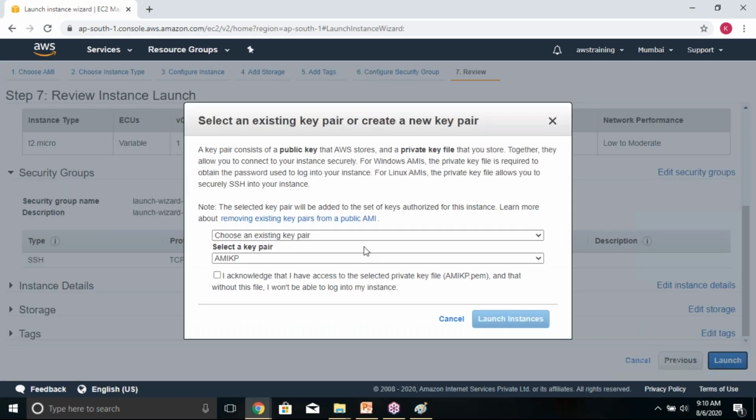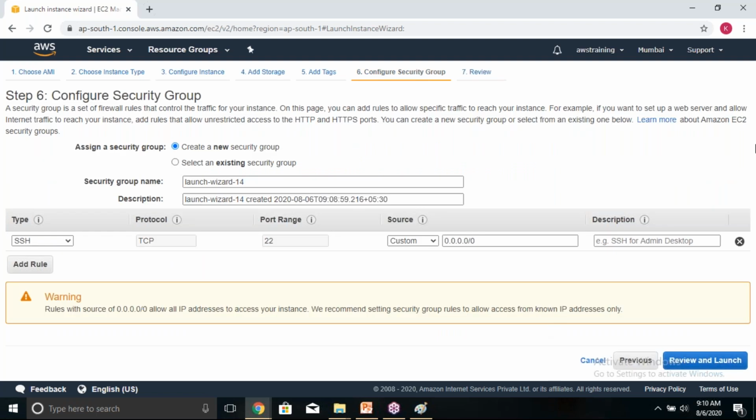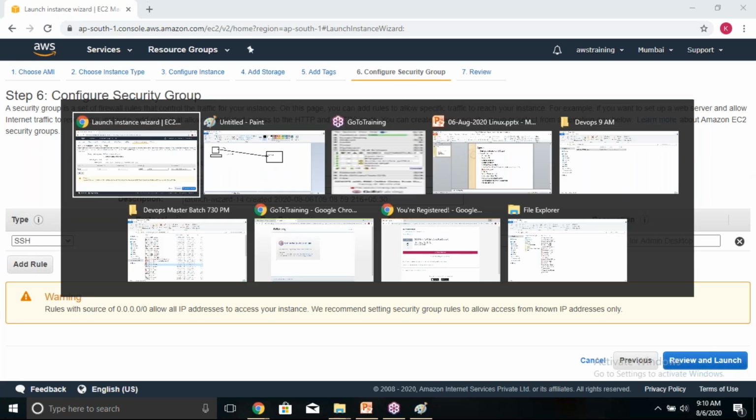Sir, what are the ports there? Like, we have SSH port 22 there. What are the other ports and what are their uses? See, what port needs to be opened depends upon how you are planning to communicate and which operating system you are planning to communicate with. Okay, for example, we are working with what machine? Krishna? Yes. Okay, we have created an Ubuntu Linux, isn't it?